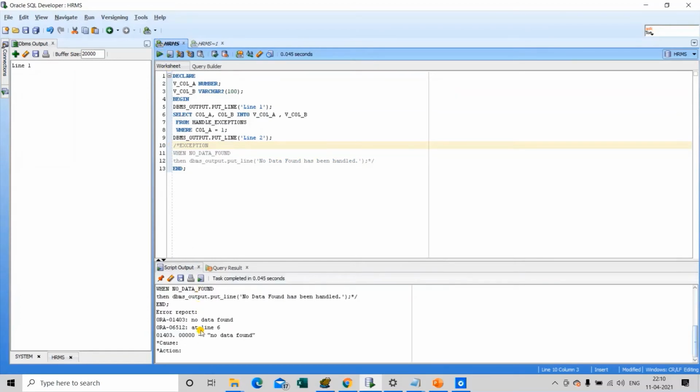Let's run it, and we are able to see the error report on the output, and in the console we are able to see the first line only. Line number 2 is not executed by the PL/SQL program. This is because we have not handled the exception in our code, and this particular select statement is raising an